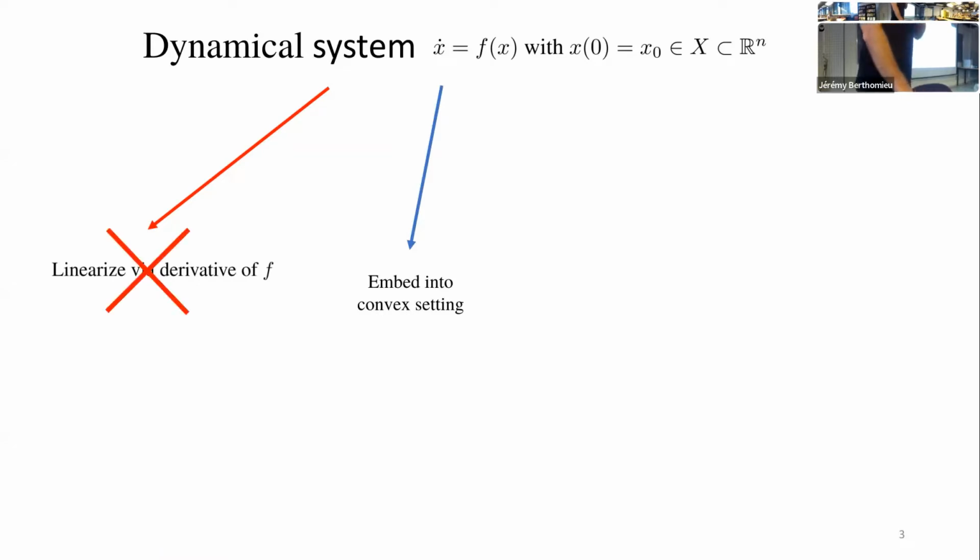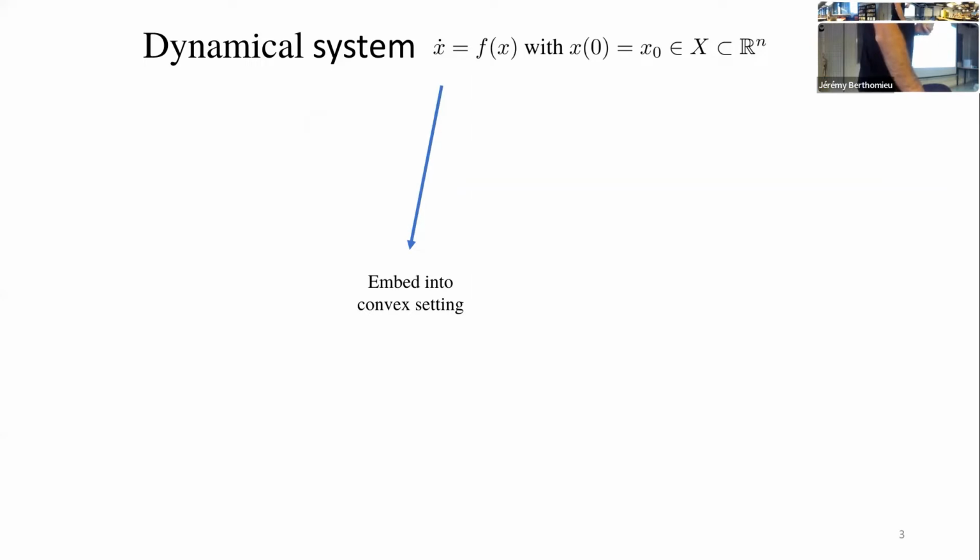And there's also a good reason to it, because taking the derivative, replacing f with the derivative, of course, introduces an error, even though this error might be locally small. But this is not what we want to do. Another way that I'd like to advertise a little bit is looking at the Koopman operator. This is also not something I want to do, but since I want to advertise it, it stays here for one more slide. But what I want to present is doing an embedding by means of measures,